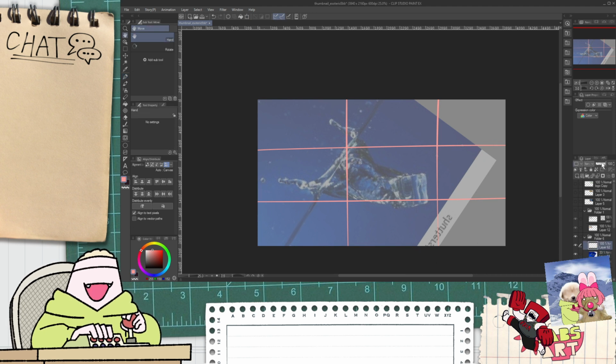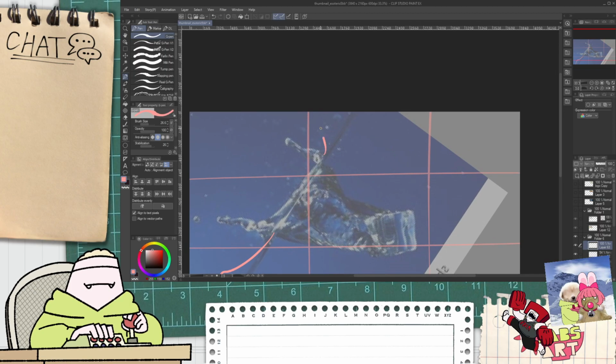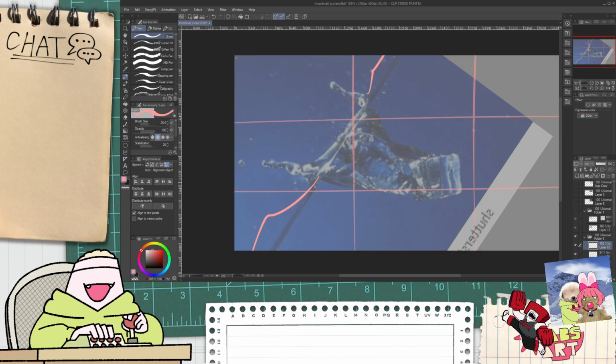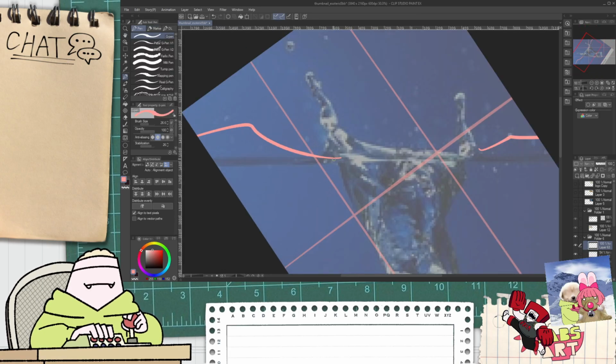Okay. We'll lower the opacity on this layer and then... I'm not sure what the surface above water would look like over a river or an ocean. But what I do think is that we could probably get away with being pretty stylized on a lot of the water splashing and impact effects.